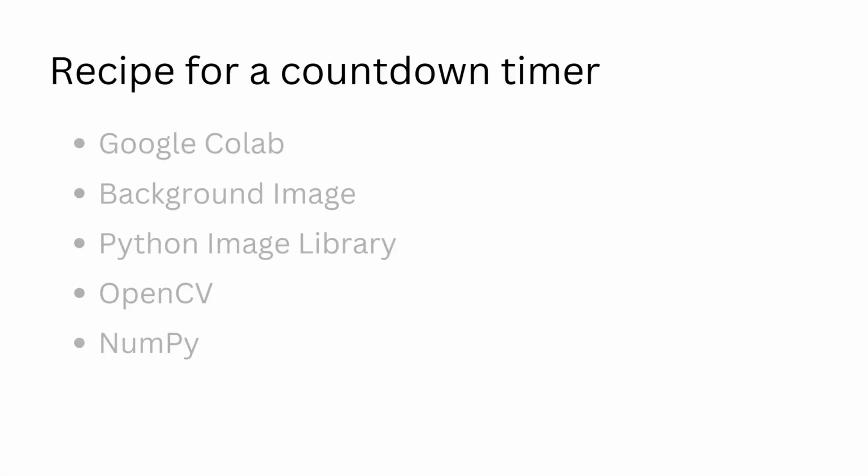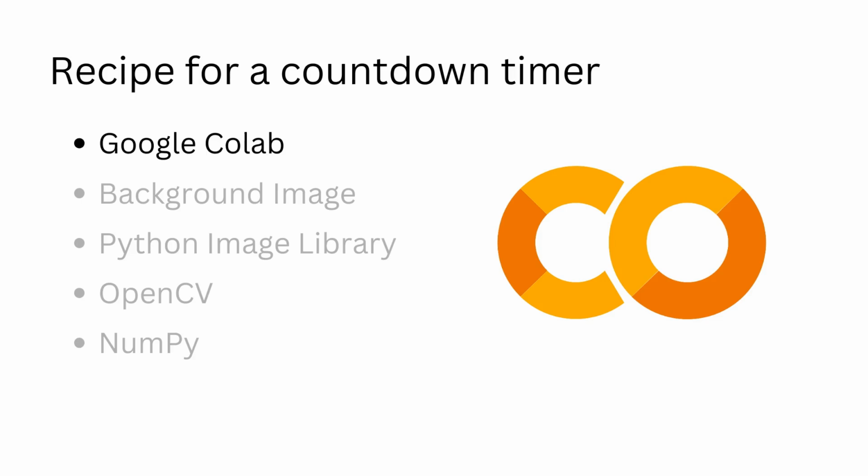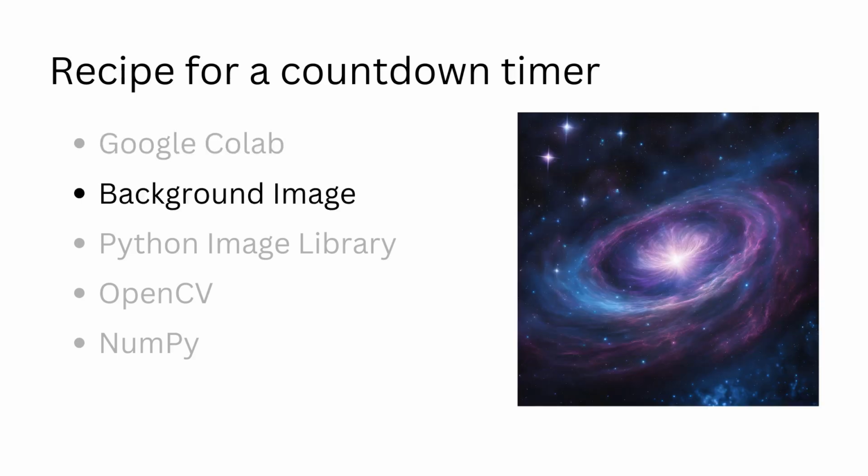We shall familiarize ourselves with the concept before we dive into the coding part. First and foremost, we need a Python interpreter. We will be using Google Colab today. We need a stylish background for the timer. If you're into minimalist design, a simple solid color background could work. Regardless, create an image with the desired dimensions. Let's go with 1280 by 720 pixels for a nice resolution.